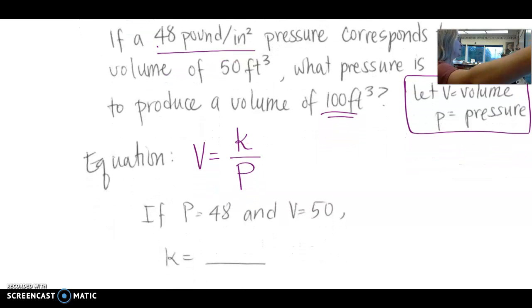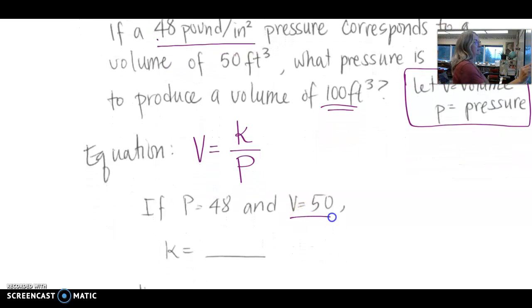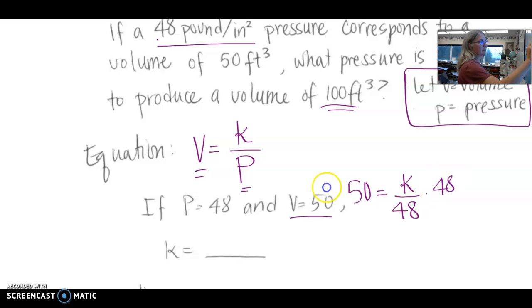So, we know that when the pressure is 48, the volume is 50, so we can now solve for K. In place of V, I'm going to put 50. So I have 50 is equal to K, plugging in the V and the P, divided by the pressure. And that's because they're inversely proportional. To solve for K, I need to multiply both sides by 48. So 48 times 50,